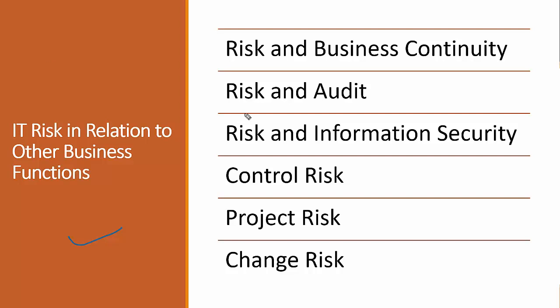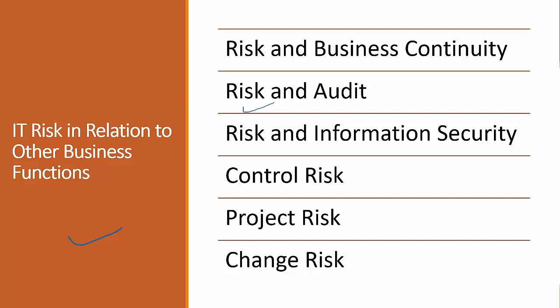Risk management also plays an important role in risk and audit. The audit function is an important part of corporate governance that provides management with assurance regarding the effectiveness of the control framework, the IT risk management program and compliance. Definitely it is not possible for us to audit everything, so we follow a risk-based approach by which we prioritize, right? The risk practitioner should review the relationship between the IS auditor and the area being audited to ensure there is no conflict of interest.